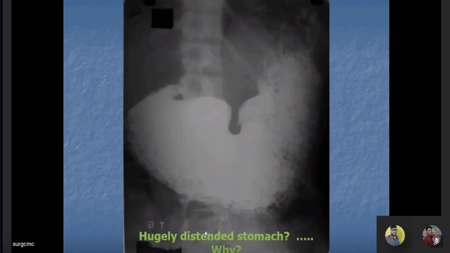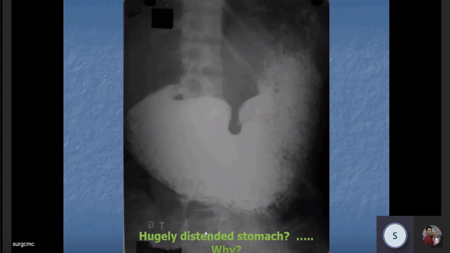Sir, how you are sure it is stomach? It could be also a transverse colon. Interesting question. Why I am sure it is stomach and it is not transverse colon? First of all, I have given the dye orally. So the first thing that will be visualized to me is esophagus, then stomach, then jejunum, then ileum, and etc. I am not getting picture anywhere within of what I say in small bowel. I am getting dyes within the upper part of the GI tract, that is within the stomach first. So how can a dye from stomach get into the colon bypassing the jejunum and ileum?